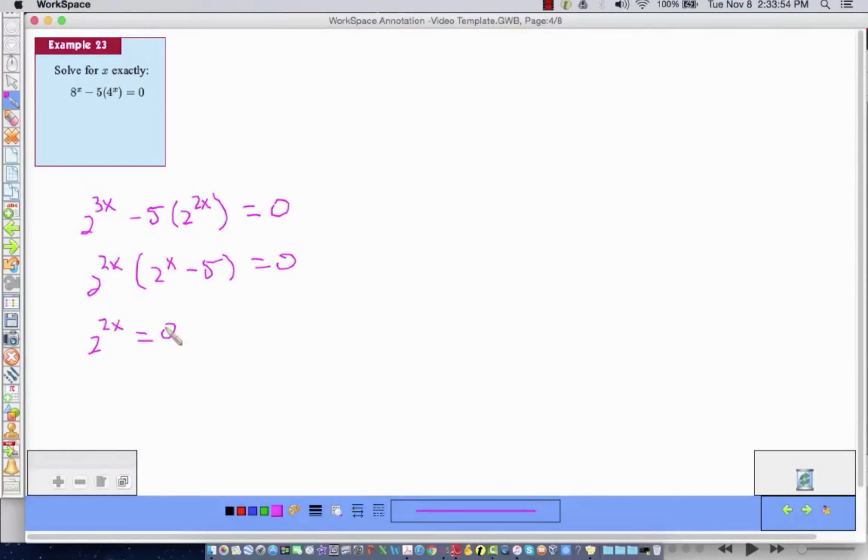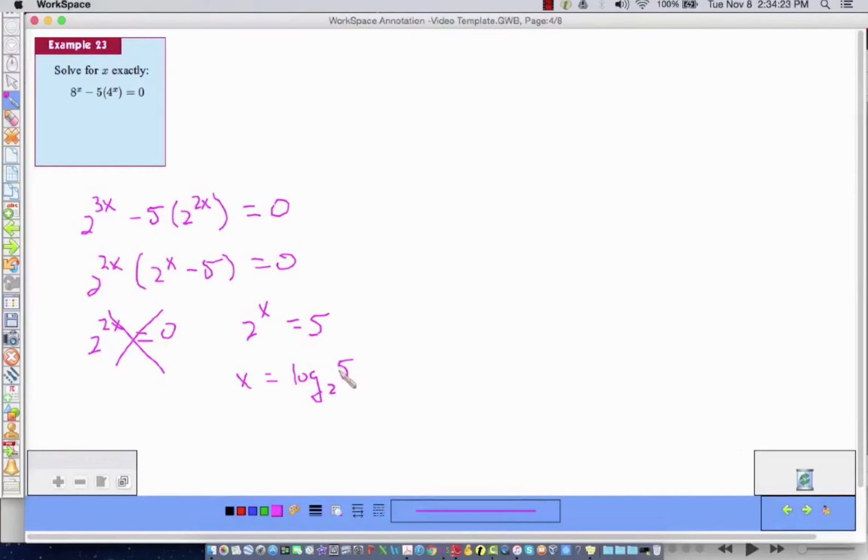And let's see, 2 to the x would be equal to 5. This is impossible. I can't raise anything to a power and get it to be equal to 0. So I can rewrite this in exponential form, right? And say x is equal to log base 2 of 5, since 2 to the x equals 5, which is a